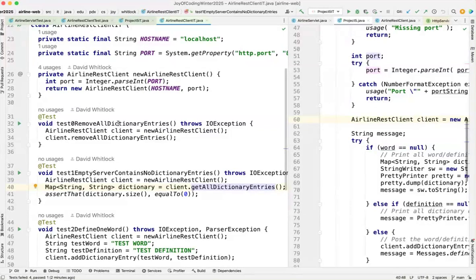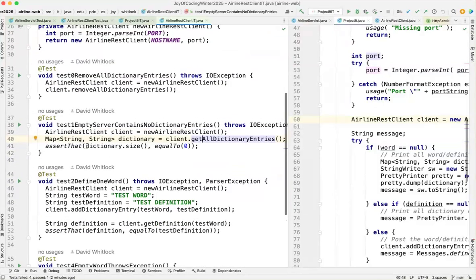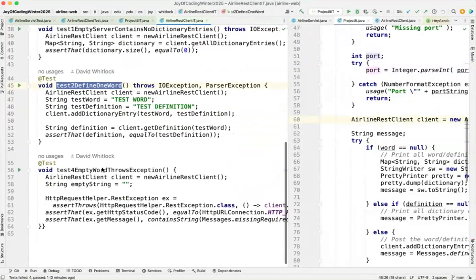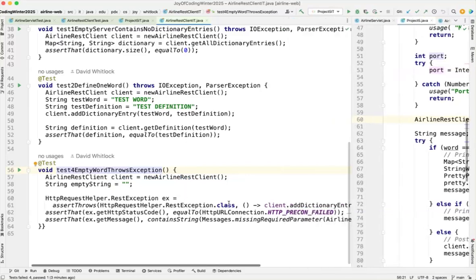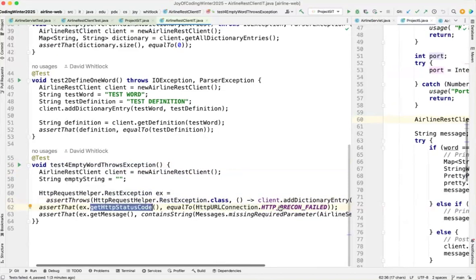And again, because this is an integration test, there's really no magic here. We can just go and get the object, and then we can interrogate it to make sure that, hey, initially when the server is empty, there are no entries in the dictionary. And then we can do things like test defining one word. Actually, this is a neat one. If we use the airline REST client to request the definition for a word that doesn't have one, we verify that the code throws this REST exception, and that the status code for that REST exception is error code 412,